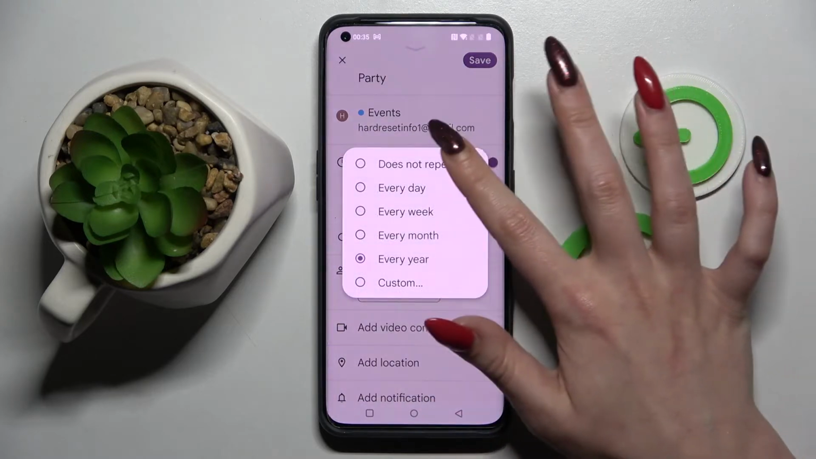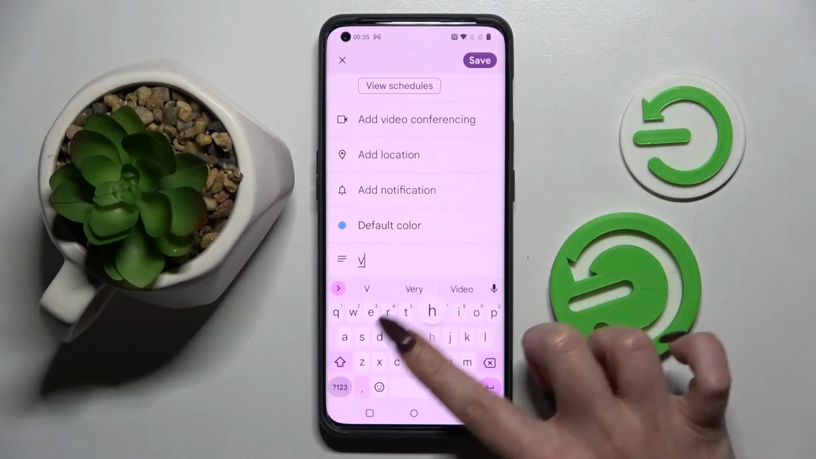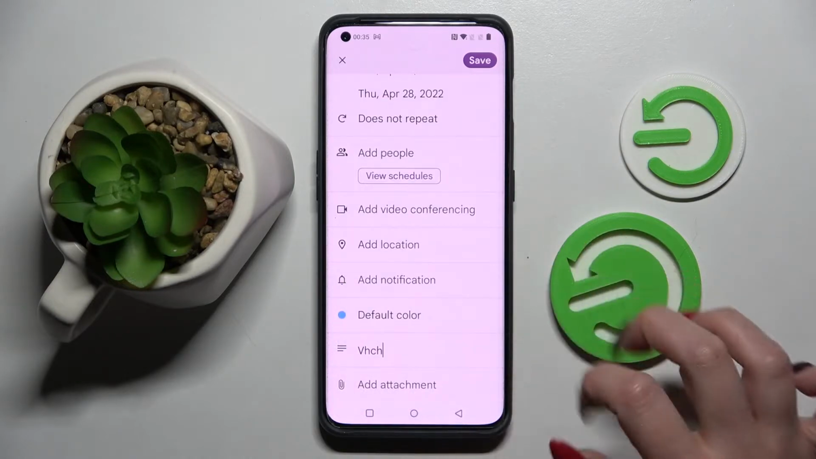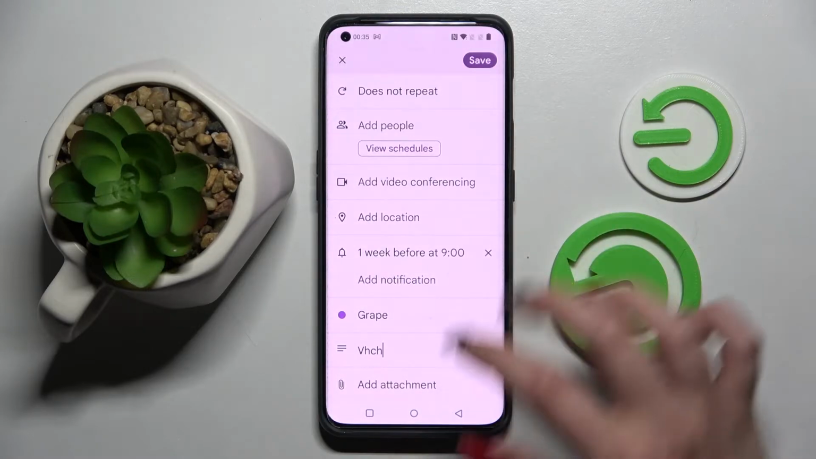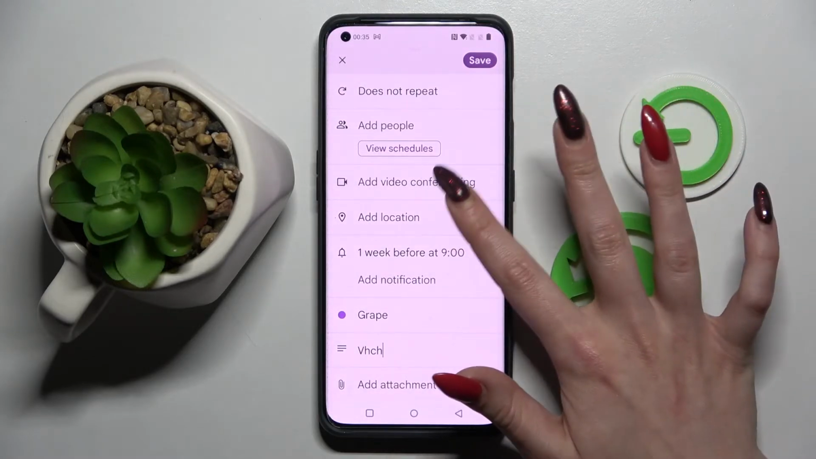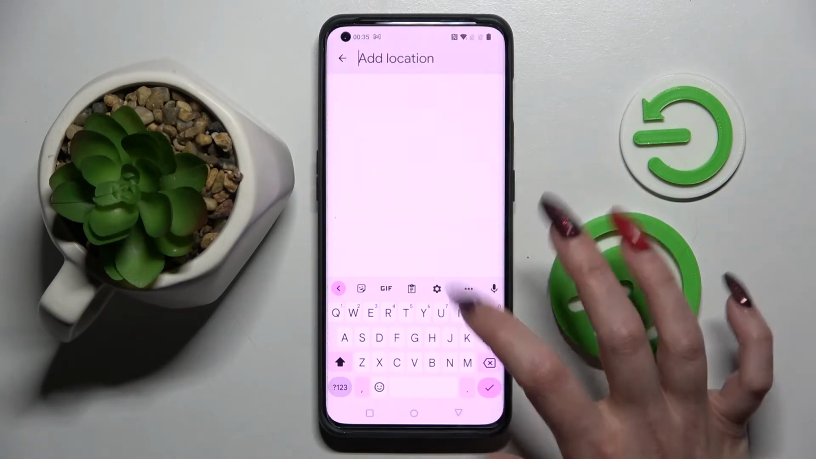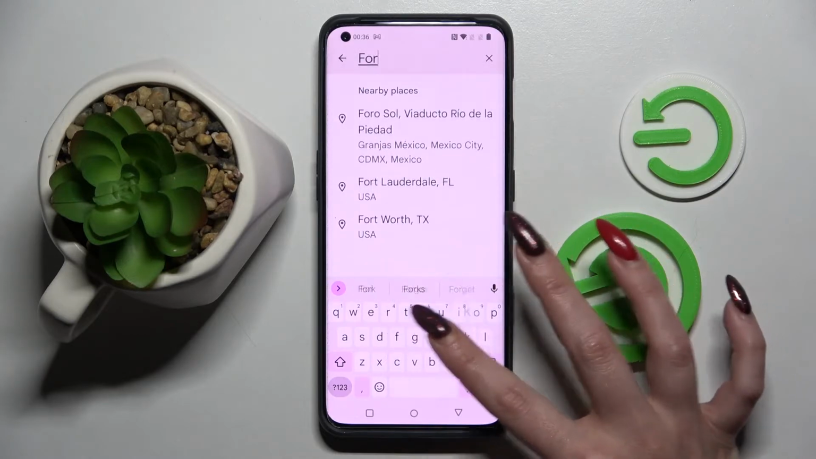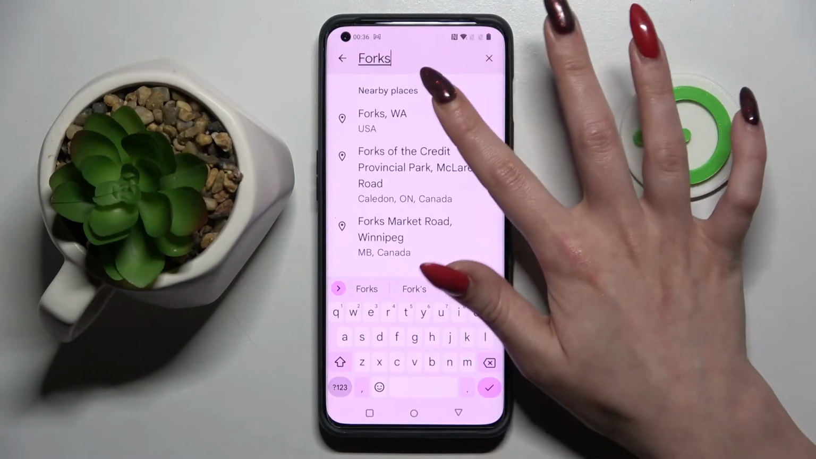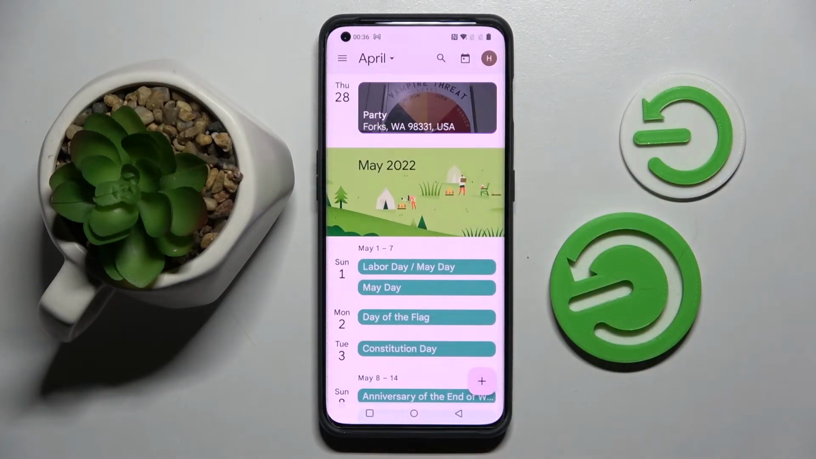I will go with Does Not Repeat though, so I have to click on it, and over here you can add notes, add attachments, change color, set up notifications minutes, hours, or weeks before your event, add people, add video, or even select add location by tapping on this section, choosing while using the app or only this time, typing the correct one, and clicking on it. Then choose save at the top right corner, and as you can see, my event was